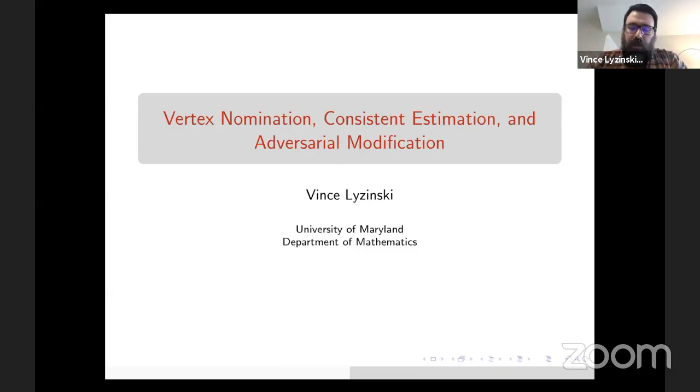So I'm going to talk today about some of the work we've done in this area that we call vertex nomination. Now, we invented that term, or not? I didn't. It was invented by a colleague of mine. But it's a general stand-in for sort of semi-supervised, lightweight information retrieval on networks.